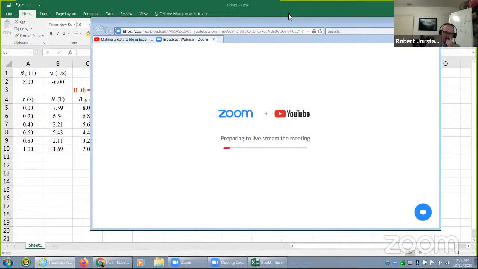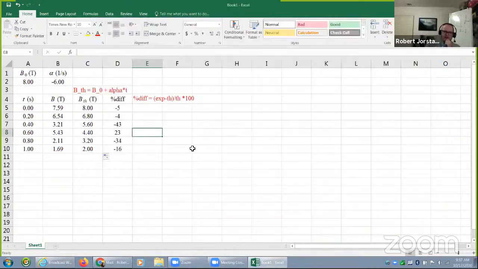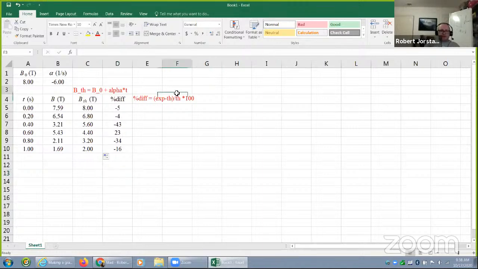All right, so now I want to make a video showing the plot techniques. Actually, in our last video, we made a data table. Great. So now a common thing in science is you want to graph that. So what I want to do here is highlight the columns I want to make in the